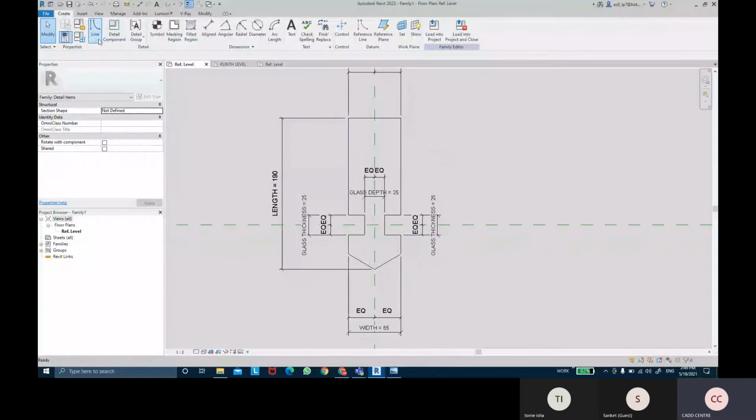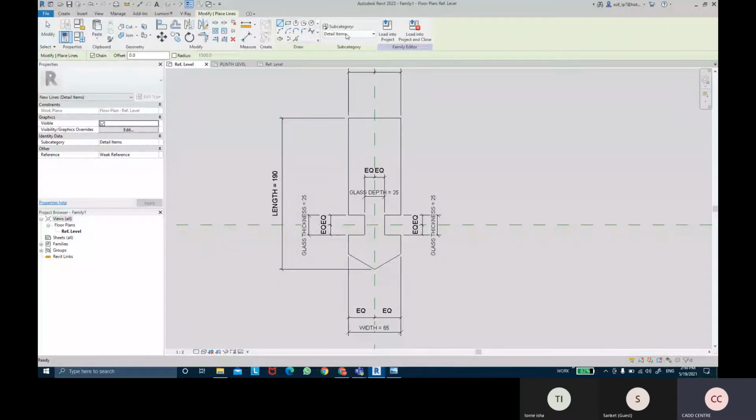So for that, I'm going to take the line command and take the subcategory as detail items. I can take a little bit light lines and then give a little bit offset of increase of 5 mm. Let's take 3 mm.